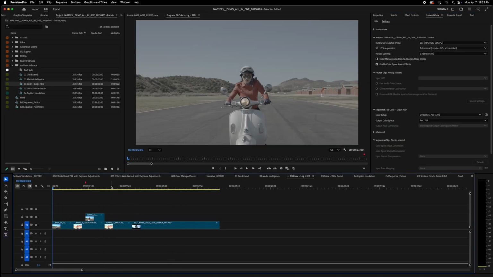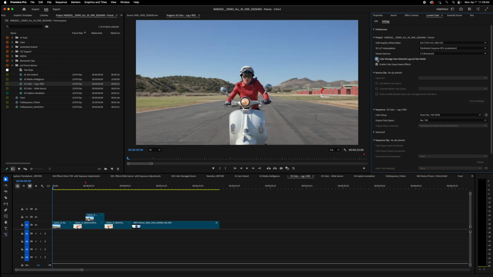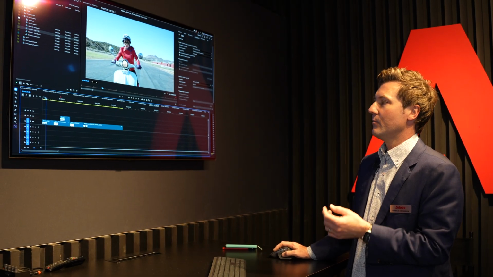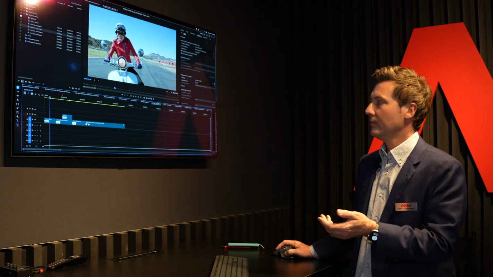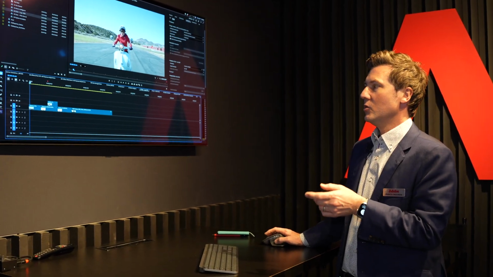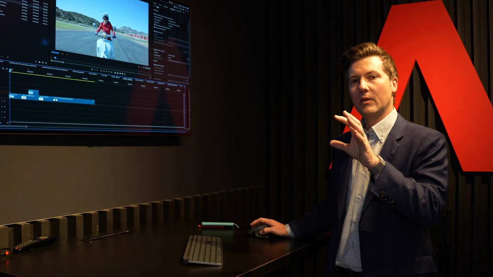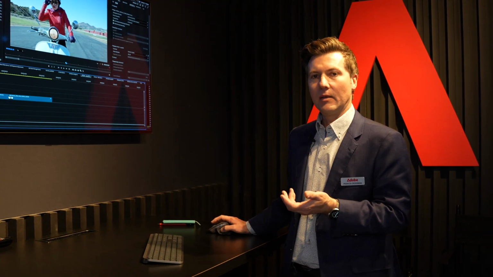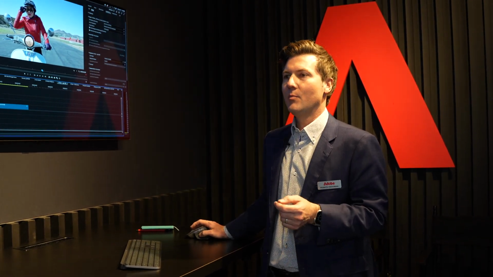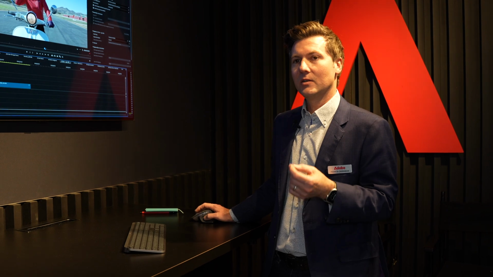With this new option in Premiere, we can turn on the Color Manage Auto-Detected Log and Raw Media option. And what that means is that Premiere is able to automatically understand that this is Canon log, this is Red log, and just do the mathematical transformation from the original camera space into our working color space. And so now you don't need to worry about LUTs. Now, of course, if you use LUTs and you're accustomed to using LUTs, you can continue to use LUTs, but you don't need to. And for most editors, not using LUTs is a nice thing.